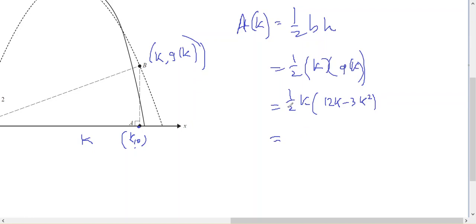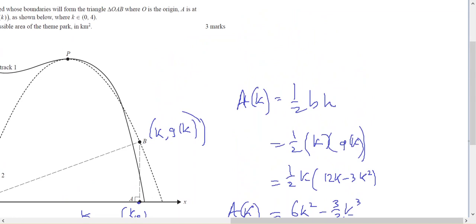So I've got my half k times this, which will give me 6k squared minus 3 on 2 k cubed, an expression for the area, and we want to maximise this. We want the maximum,